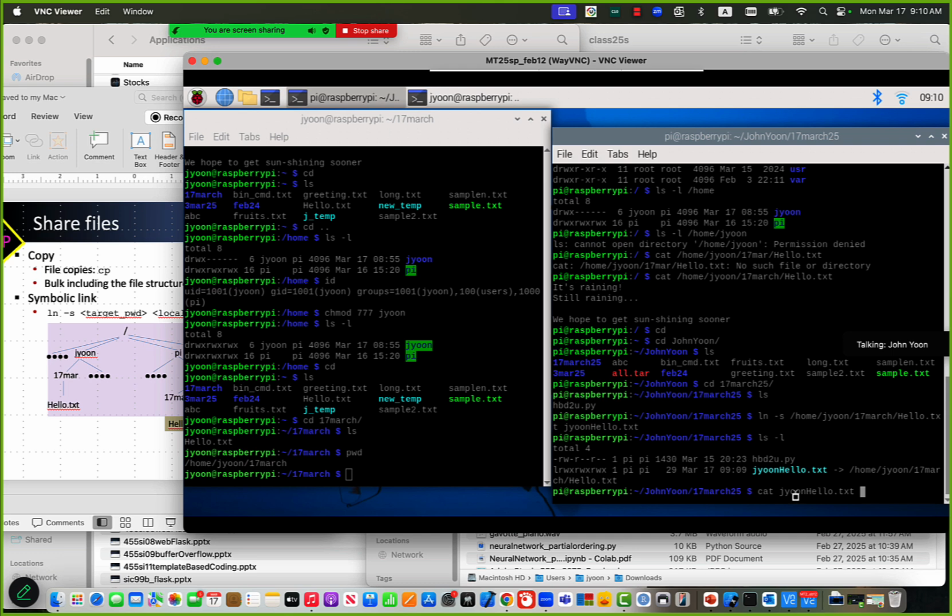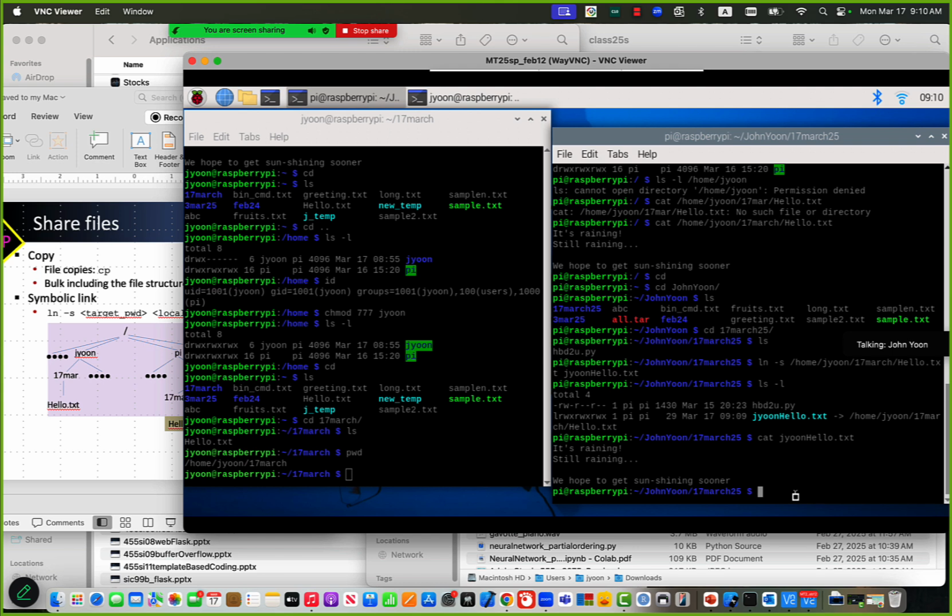Simply my file. As if I can see my file, I can simply say cat my file. Then I can see that, right? That is a symbolic link. The beauty of a symbolic link is,